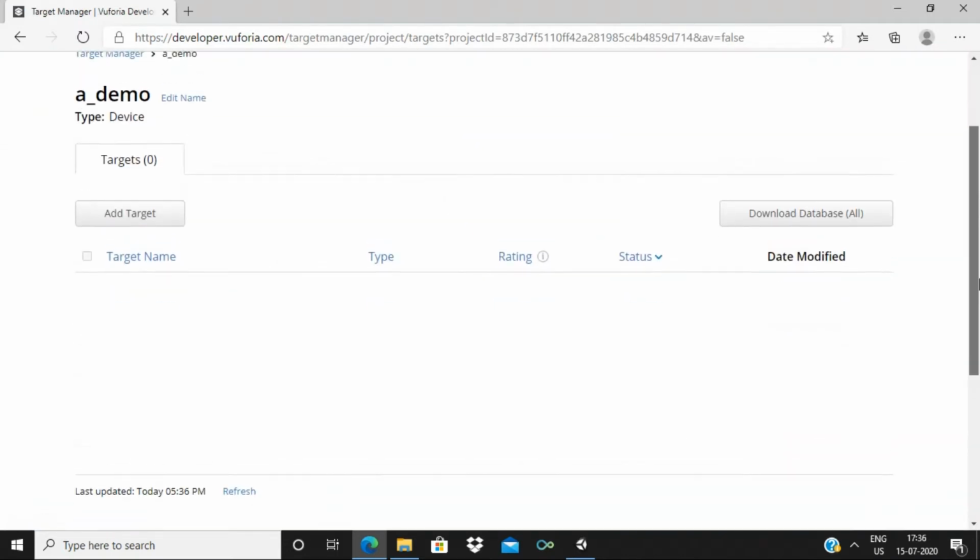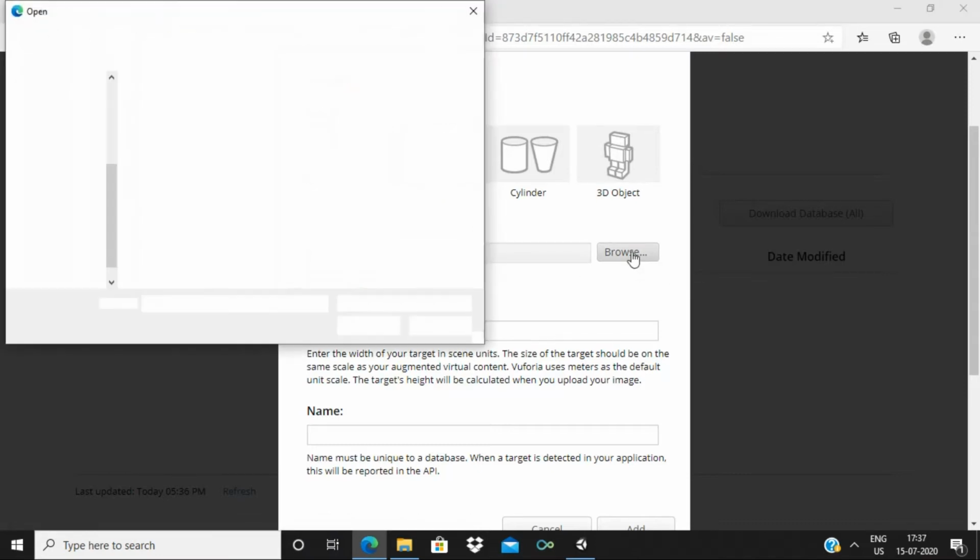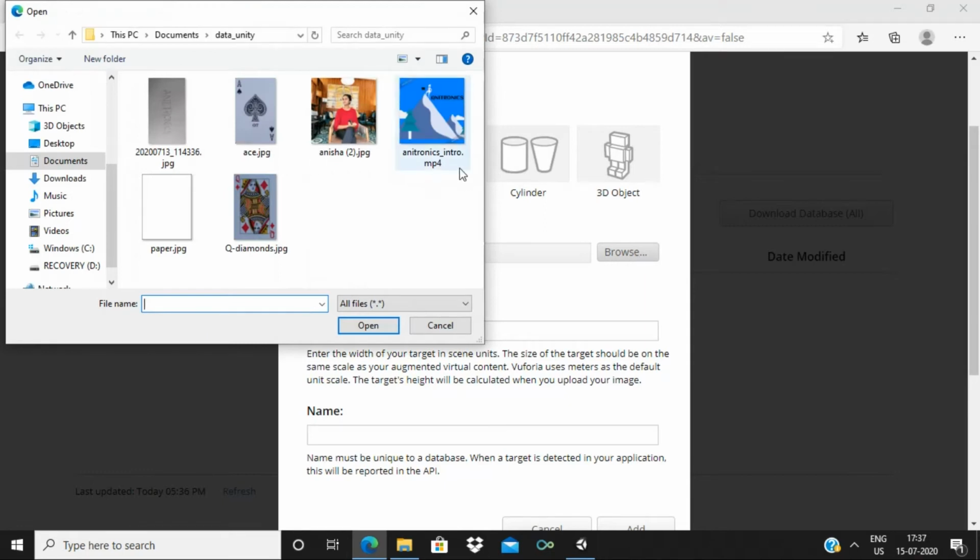What you need to do now is add targets to this database. Add target, and here you can choose depending on the sort of object it's going to be placed on. I'm just going with the single image and browse it. I've already kept it.